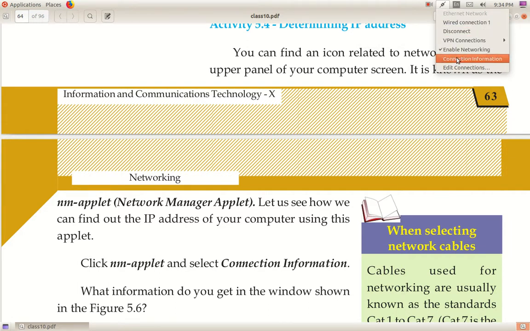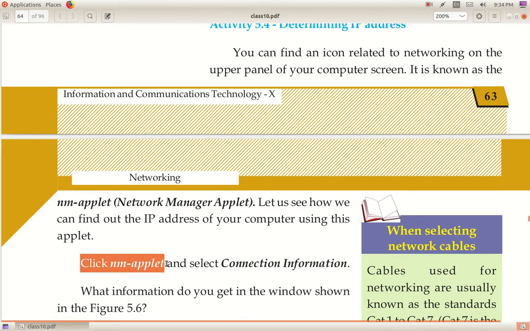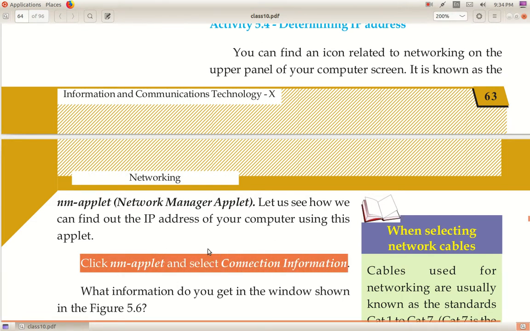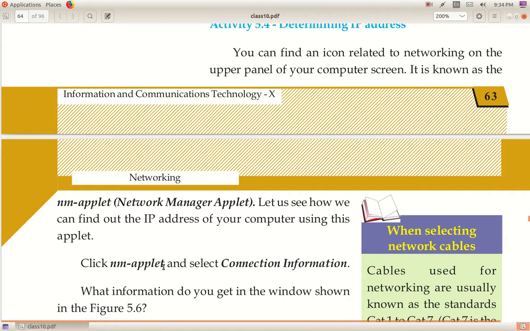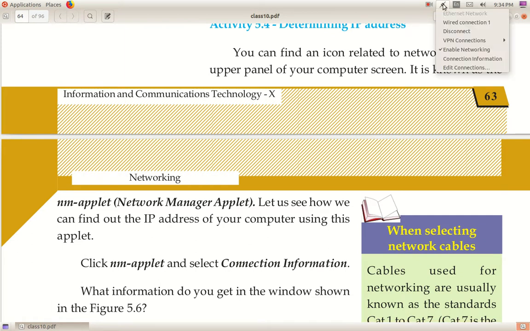You have to select connection information. Clear? Where is the NMApplet icon available? It is available on the top panel, top bar on the right side. Okay, click on that and select connection information.